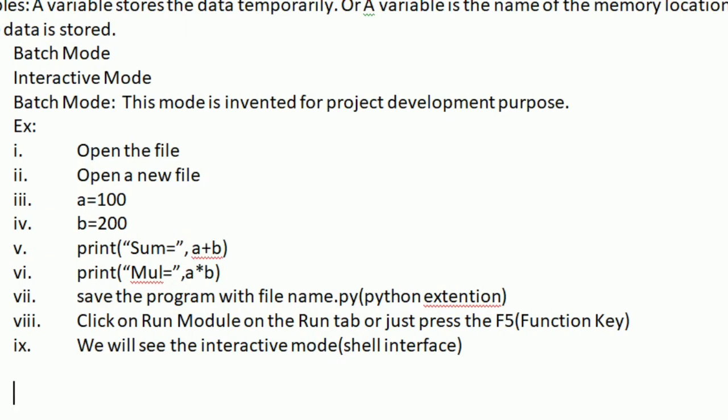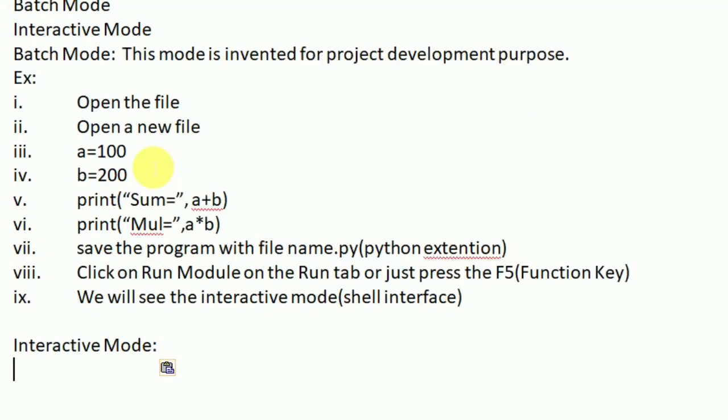Now the second one is interactive mode. So what is interactive mode? This mode is used for testing purpose.